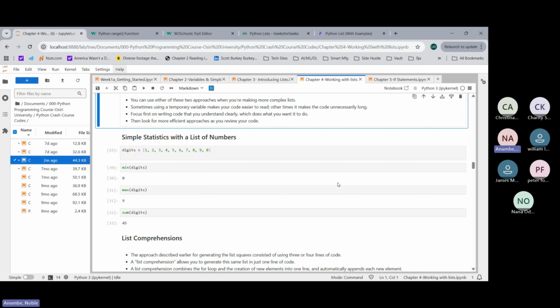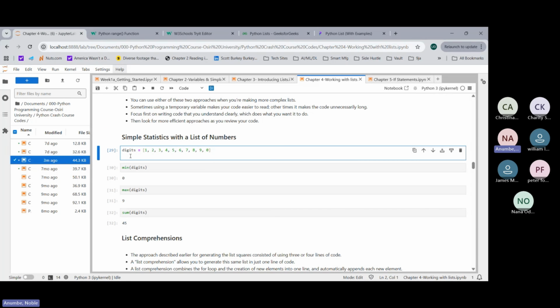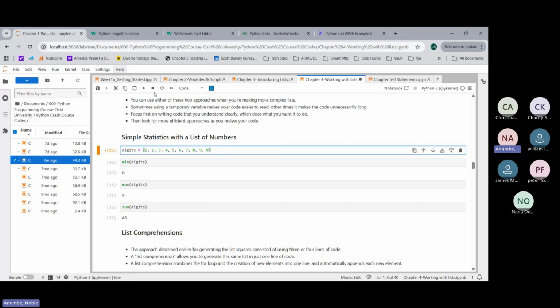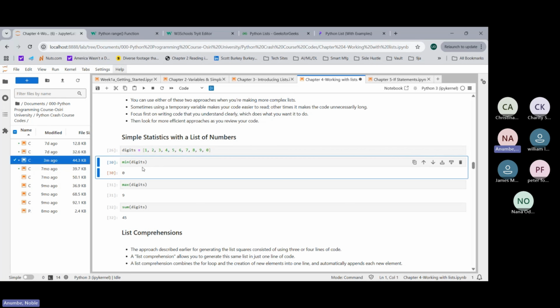So look at the next one. The first thing that we have here is simple statistics with a list of numbers. If I have this bunch of numbers, you can see this is a list, right? With this list, I can do all kinds of things. I can say, let me find the minimum number in this list. The minimum number here is 0. So how do I find that? I just say min, which is its own function, and max. I can find the maximum number here by just typing